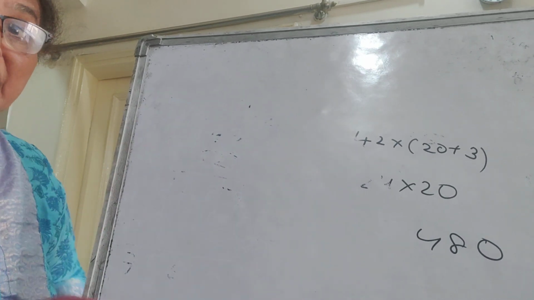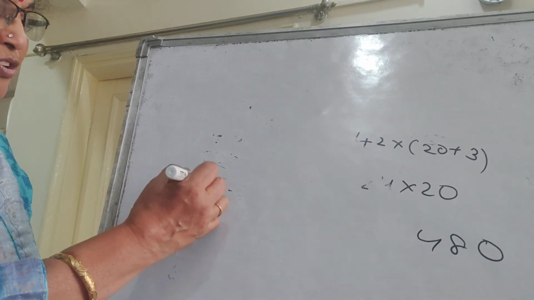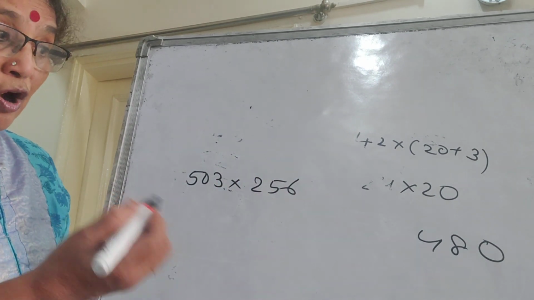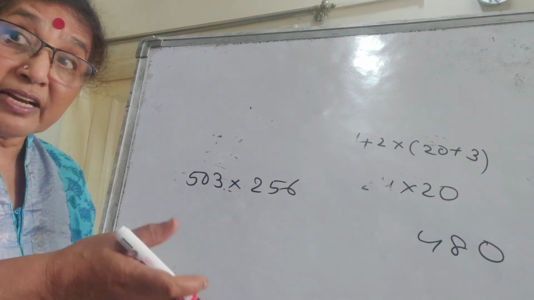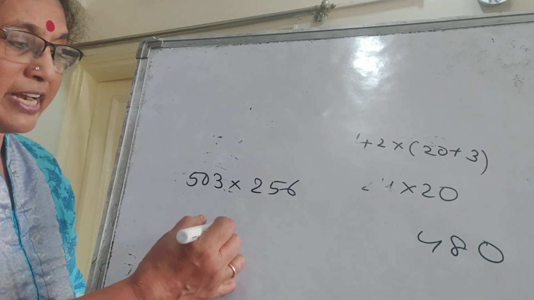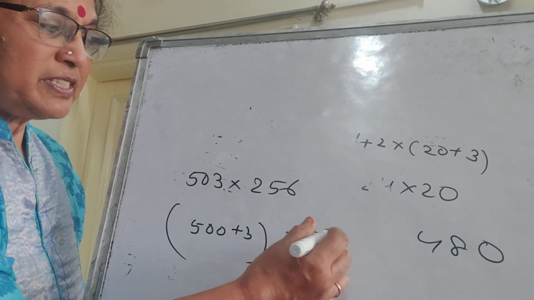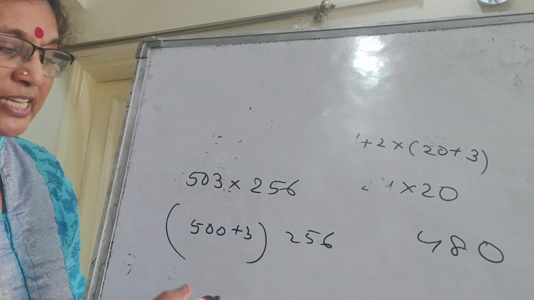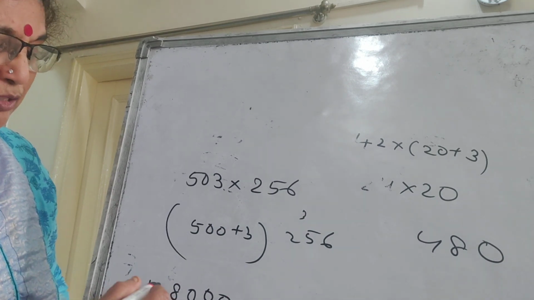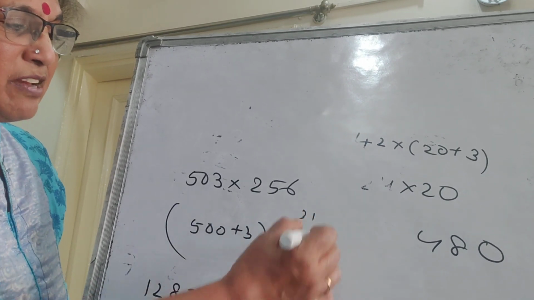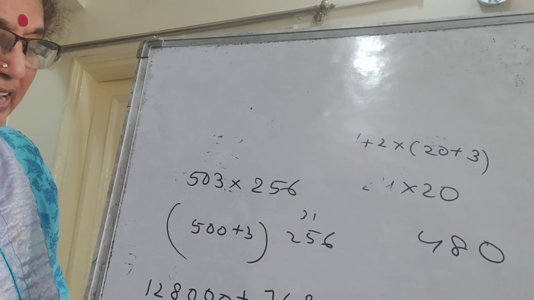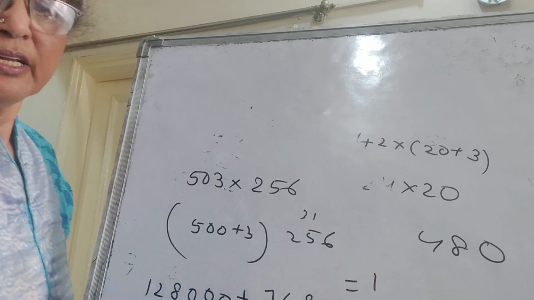Now in higher classes when we are multiplying 503 into say 256 or something, there is a short way of doing this. So again application, higher classes, same thing. Instead of doing vertically, horizontally. Horizontally is 500 plus 3 into 256. And 500 into this is very easy because I just have to put 2 zeros. 5 6s are 30, 3, 25, 28, carry 2, 5 to the 12. And plus 3 times, 18, carry 1, 15, 16, carry 1, 3 to the 7. That's all. So 1, 2, 8, 7, 6, 8. Answer is 128768.